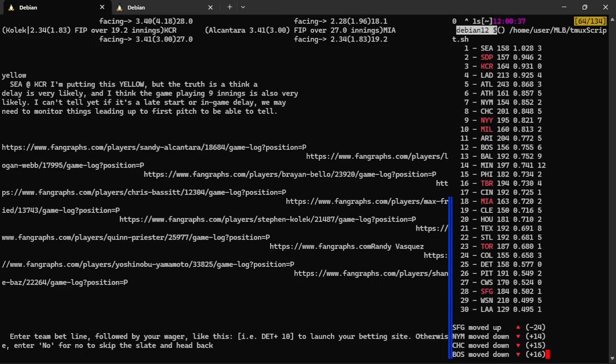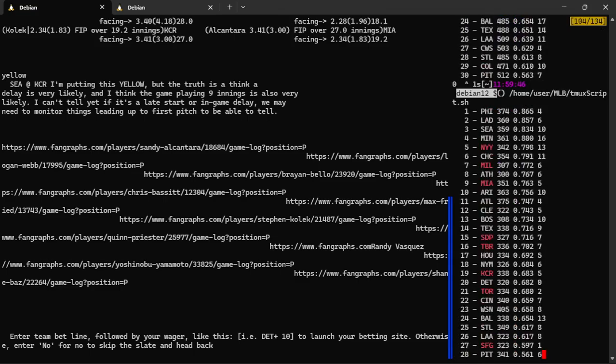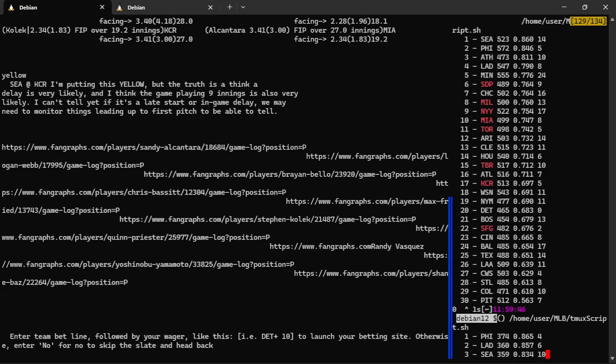So that was the New York, and I saw some line movement on this Red Sox Athletics game. The line's going to be juiced because it's the Red Sox and they're at home. But what that line is not accounting for is how great the Athletics have been hitting. You see they're at the top here, and compared to Boston, they're going to be 21 minus 3, so 18.